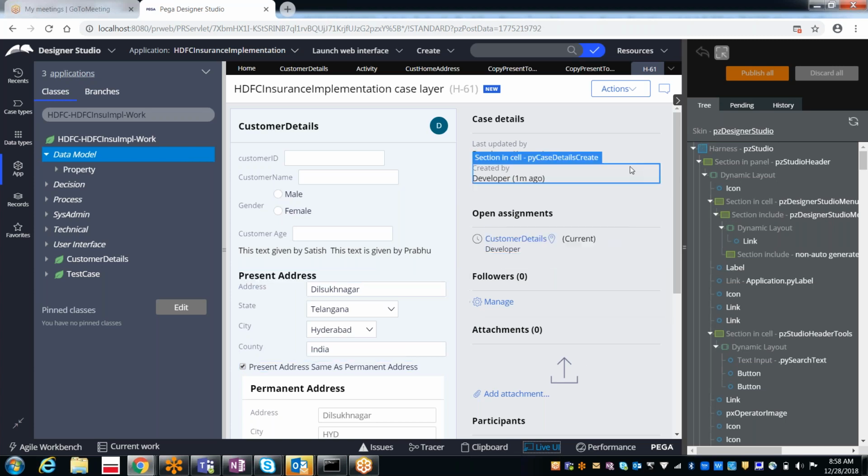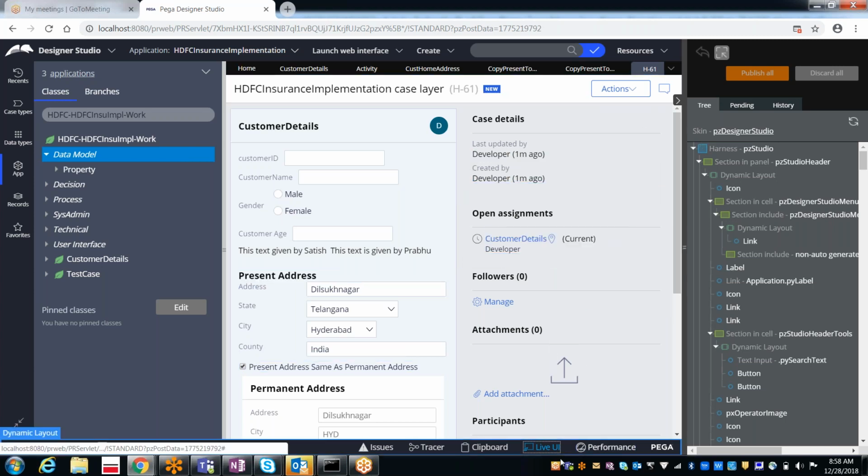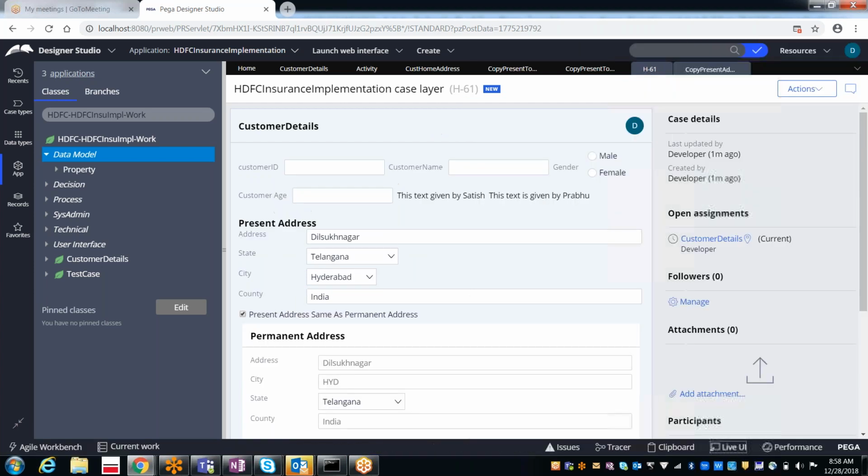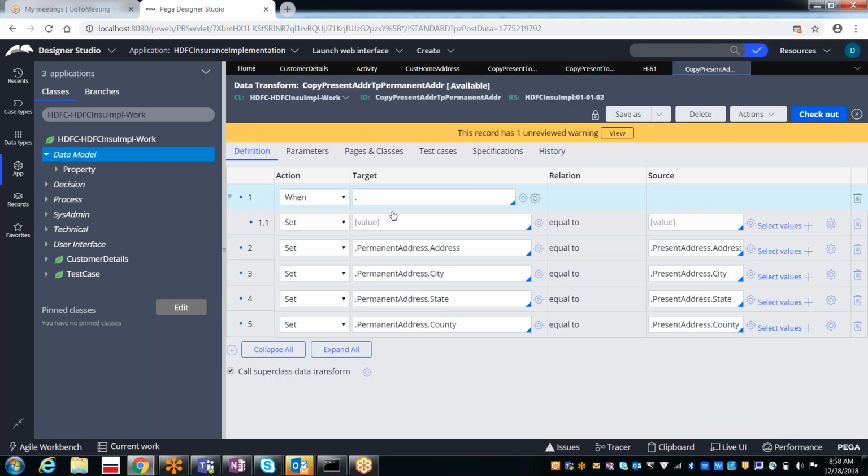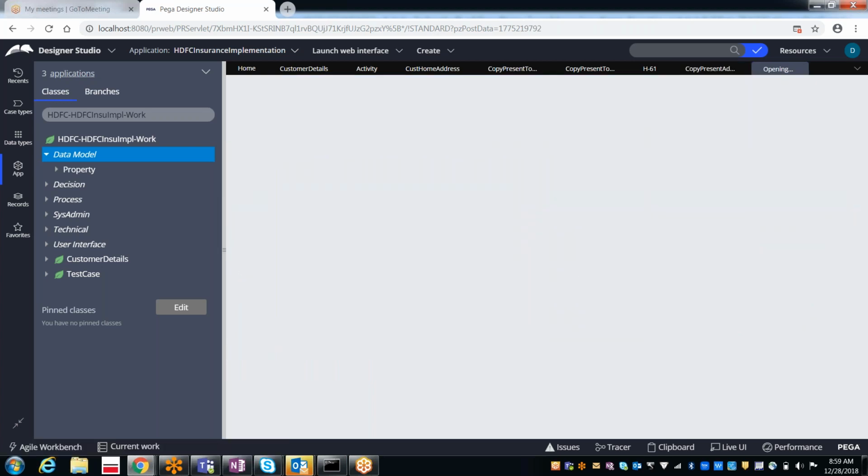But in the data transform, what we are seeing is not the same as the property name. It's a label name. When you select when, by default, it will show you the rule which we created last time.